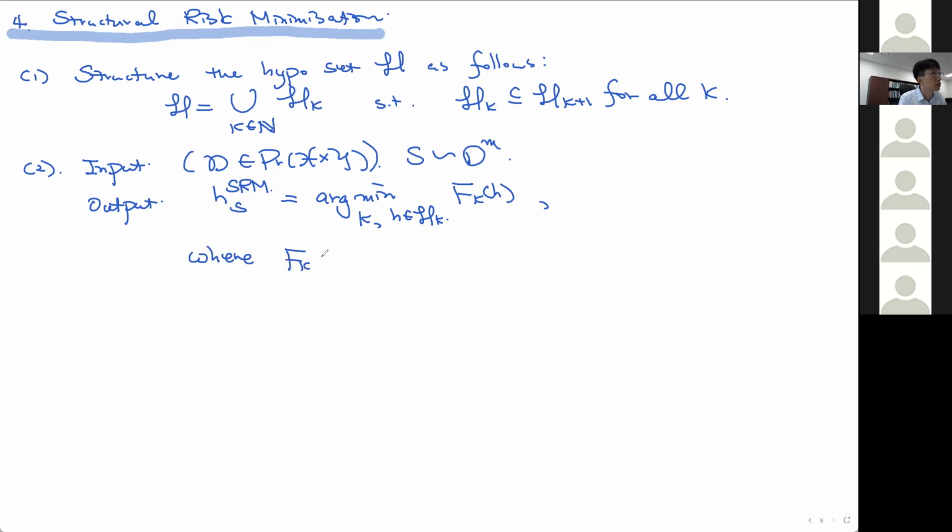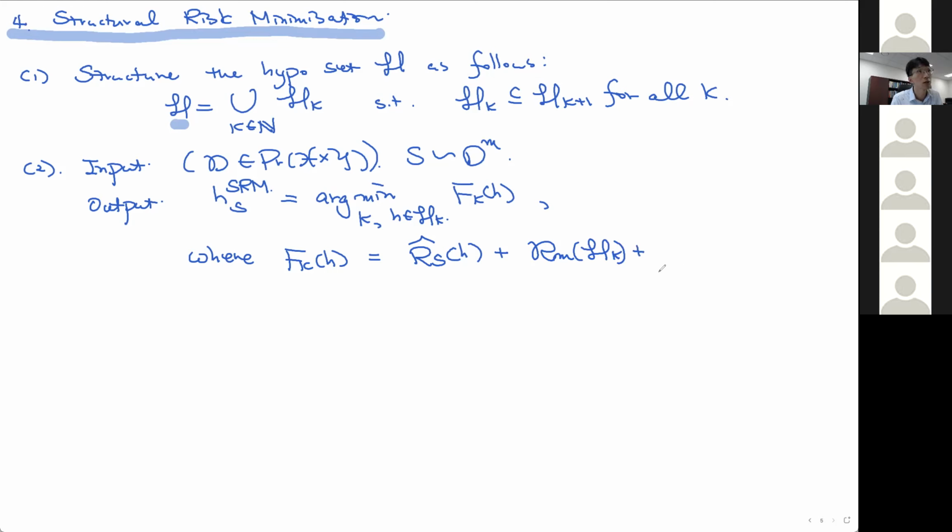f of K in H have two things. So it has some expected thing, which is a risk, empirical risk. You have to have a small error with respect to the sample. So if you just write it like this, that's exactly the same as empirical risk minimization over the entire H. Okay. So if you say this much, that's exactly the ERM that we talked about before, but it has some extra term. This extra term is Rademacher complexity for H_K,